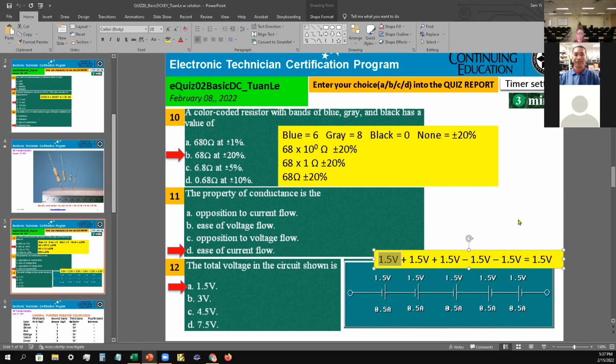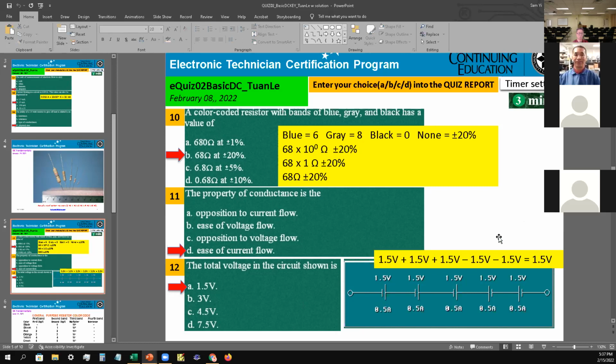Any question number 10, 11, or 12? How did you get the negative? The negative, you look at the current, you look at the flow of the